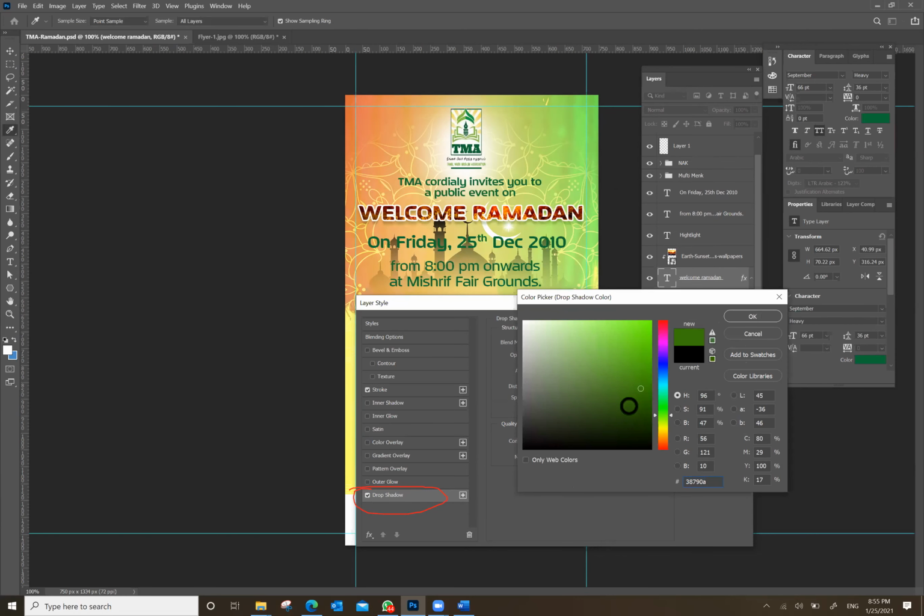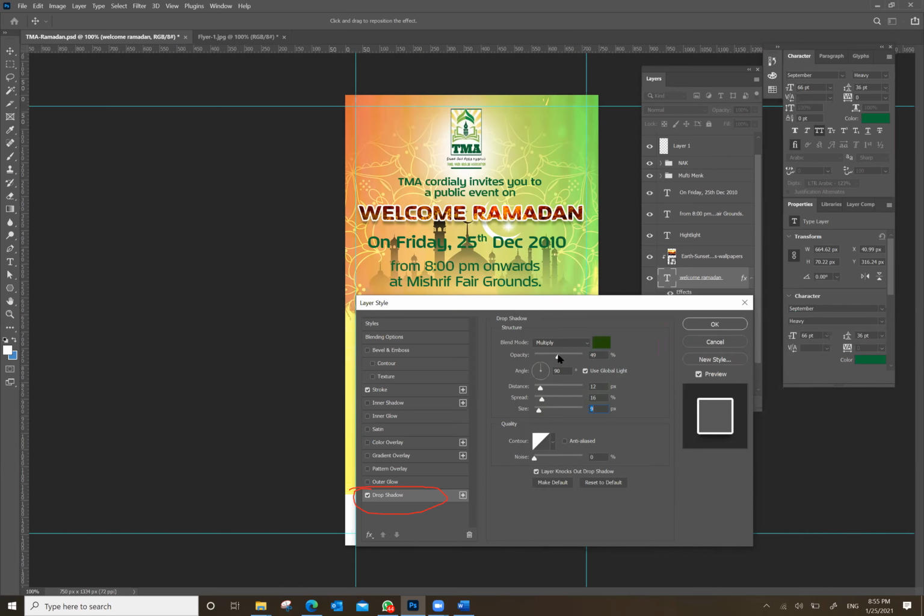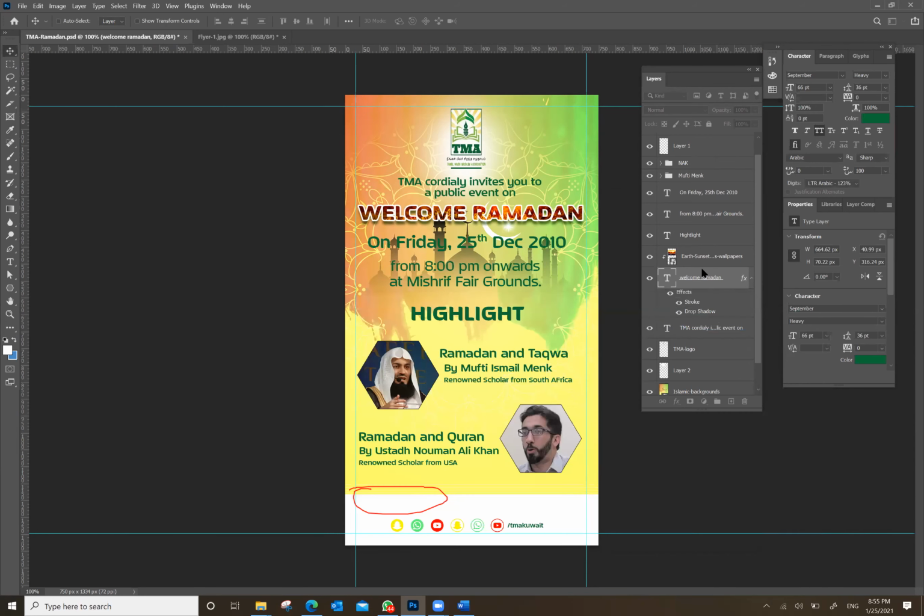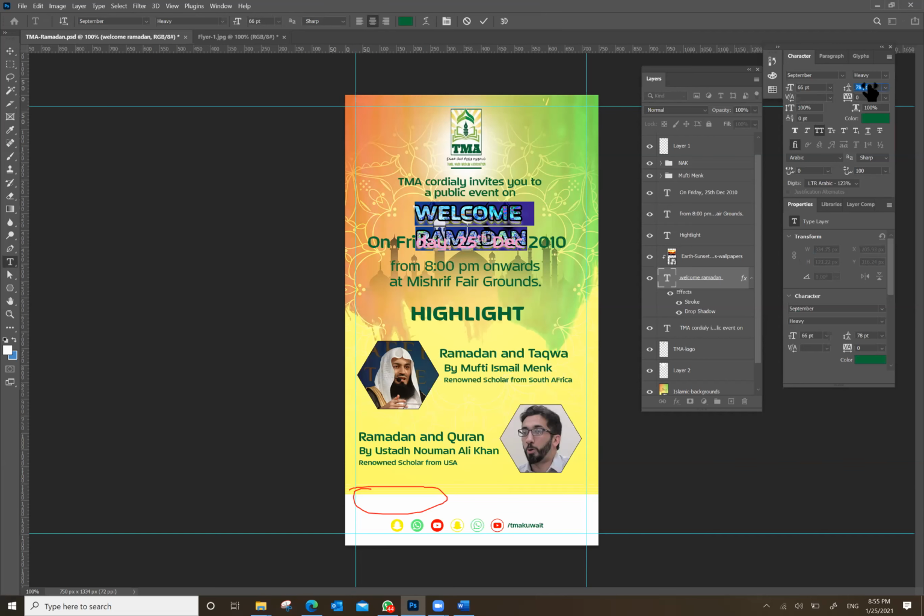You can make it red color, green color, whichever color is suitable for that area. Now as I am giving, it has a beautiful effect in the background. So Welcome Ramadan is looking very nice. I can do one more thing as well. If you want to highlight this text, I can make Welcome Ramadan in two lines, increase the distance between Welcome and Ramadan, and make the Ramadan word more prominent.